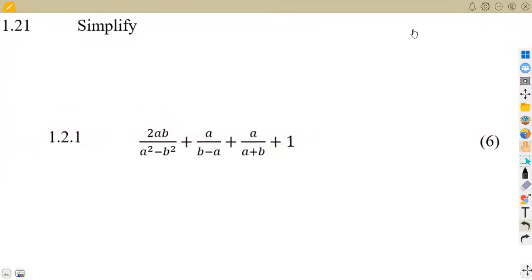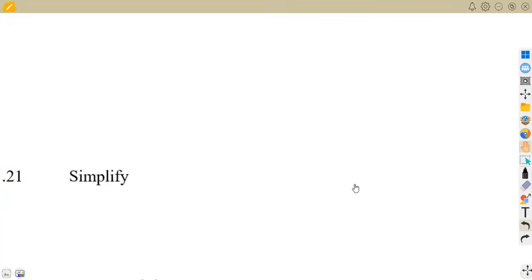So on your simplification, it depends on how the questions are given. Sometimes you might have questions under addition, you might have questions under multiplication and division. The whole idea is from normal fractions. Besides the use of a calculator, what we actually know is that if you are adding or subtracting two